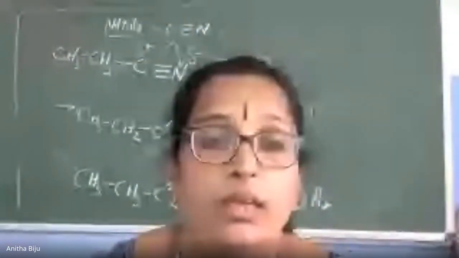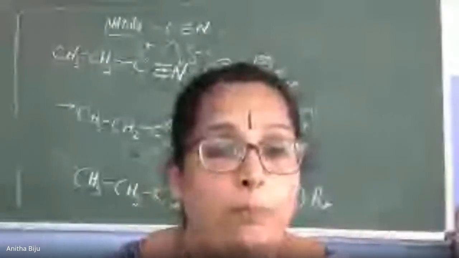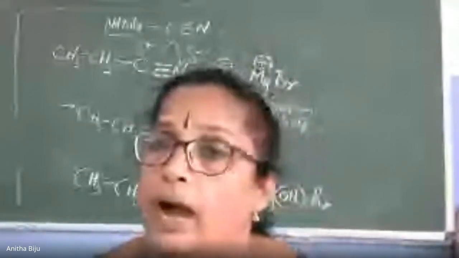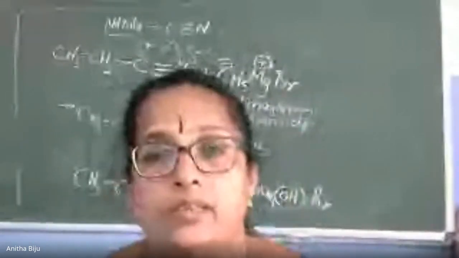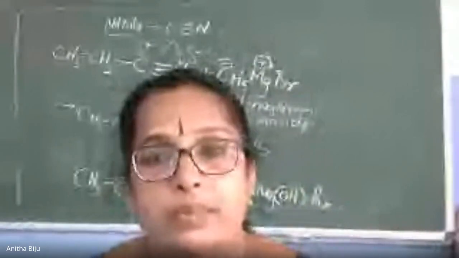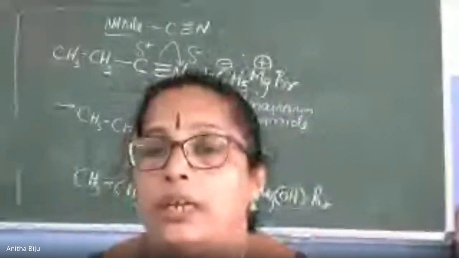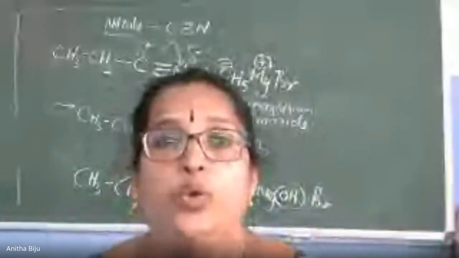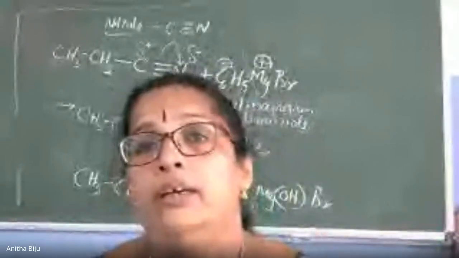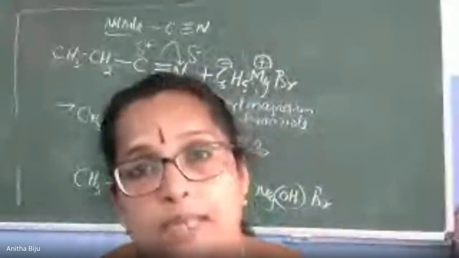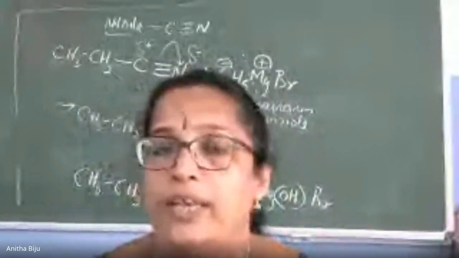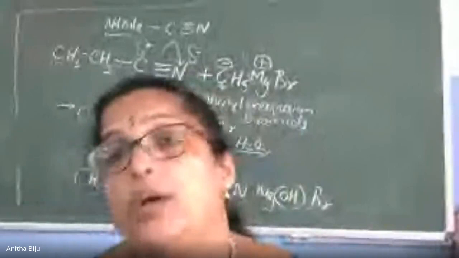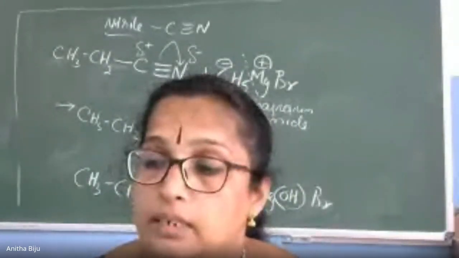Okay. Now we will discuss properties of aldehydes and ketones together, because what is the difference between aldehyde and ketone? In ketone, the carbonyl group is attached to two alkyl groups, and in aldehyde, the carbonyl group is attached to one R and one H. So this is the only difference, and they have a common carbonyl group. So that's why we will discuss them under the same heading.